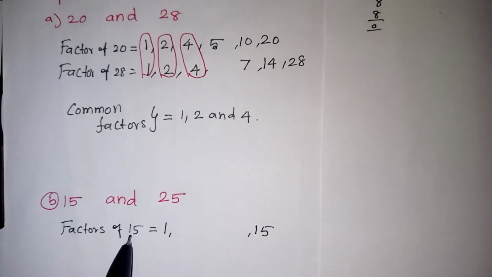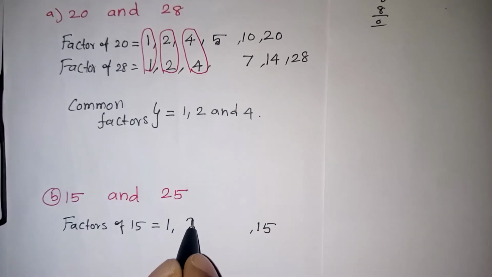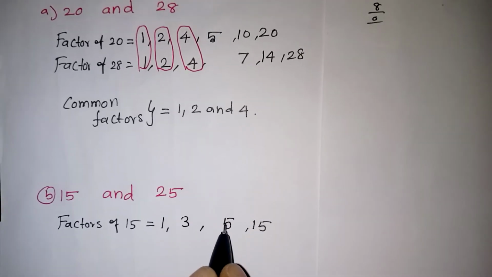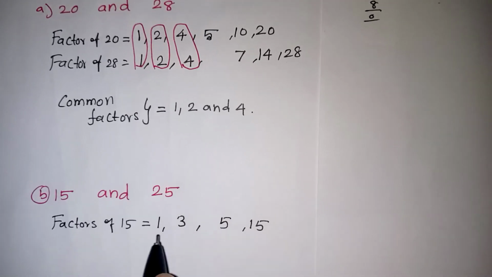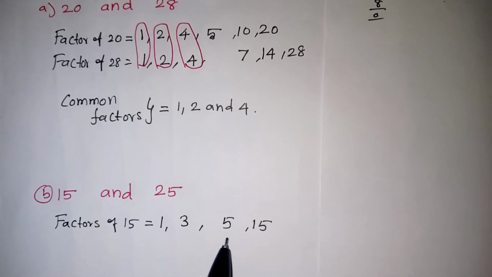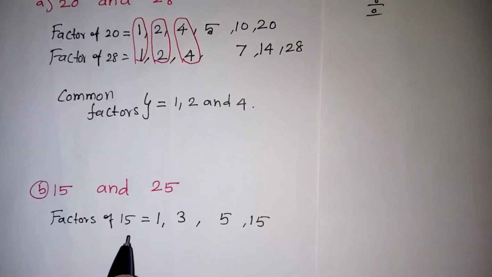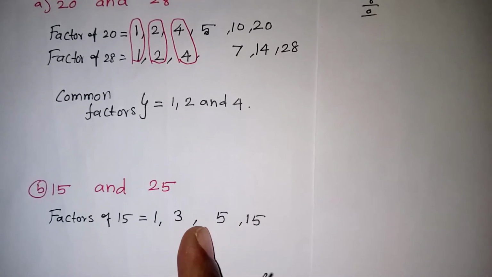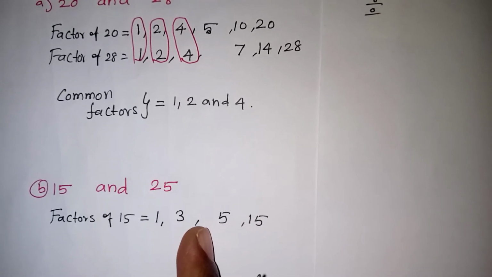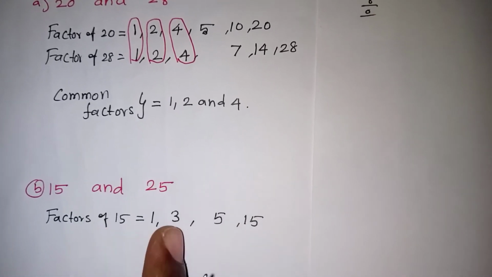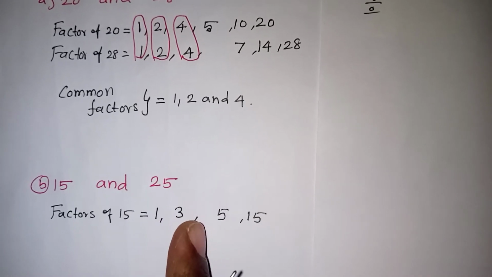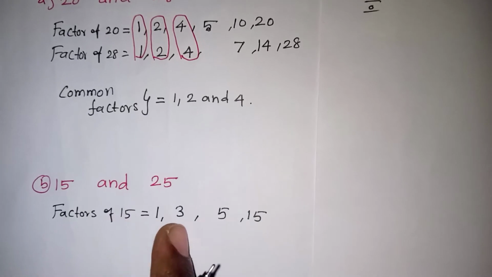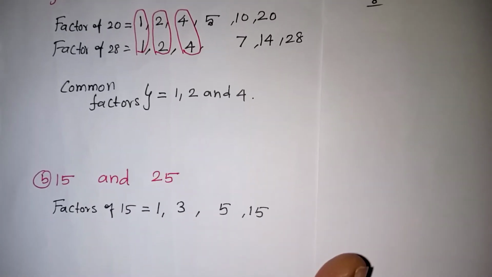Again, in the 2 table, 15 will not come. In the 3 table, 3 fives are 15. Between 3 and 5 we have only 4, and in the 4 table 15 will not come. So only these 4 are factors of 15. We write the first number and last number like this, and for any numbers in between we check the divisibility. So that's all the factors; you don't need to worry about the remaining numbers.